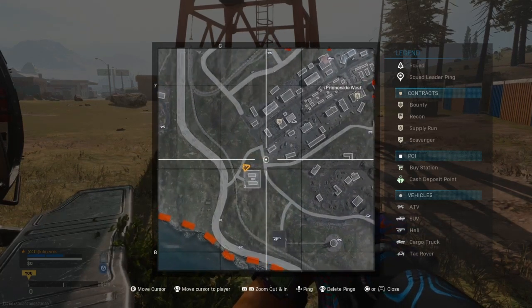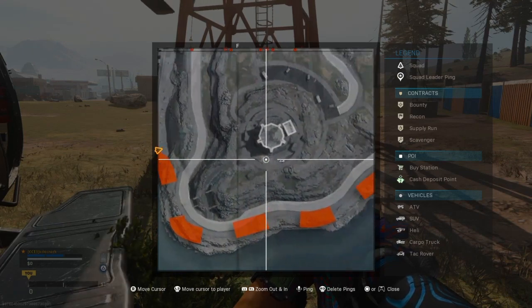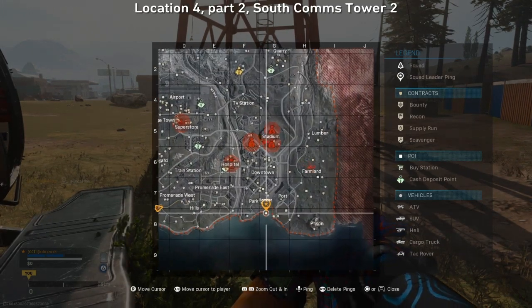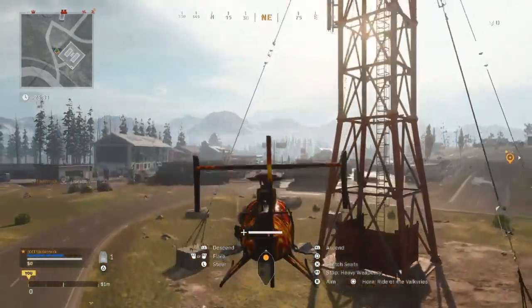And this tower is going to be located over by port. That's going to be South Comms Tower 2. Shifting location. And by far, to make this easy for you all, and I'm fairly certain you need to do